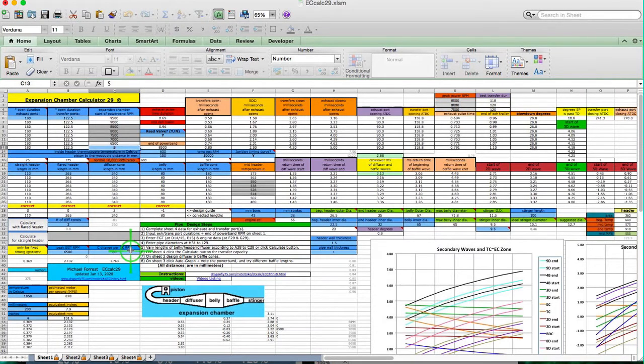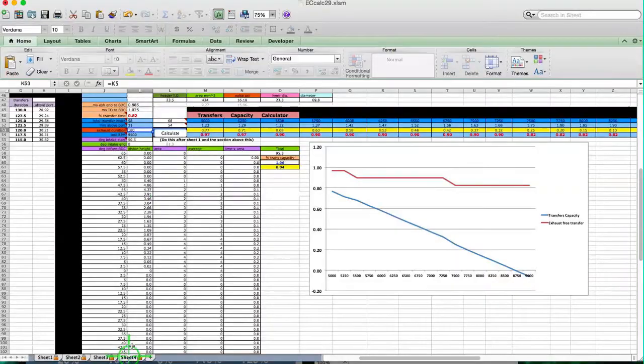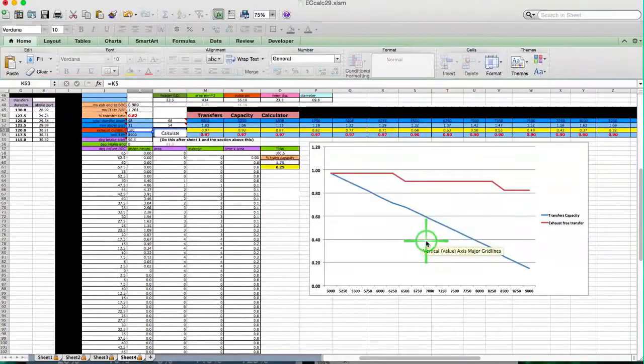But if you wanted to see exactly what it is, you would have to change this value right here. I'm going to lower that 1000 RPM, recalculate here. Let's see where that drops off from being 1000. 5000. I thought it was 5500. Okay, it's 5000. So you can see what happens when you change the value for the transfers,